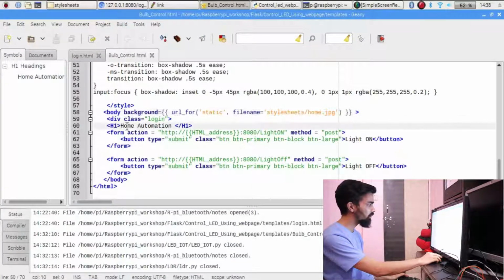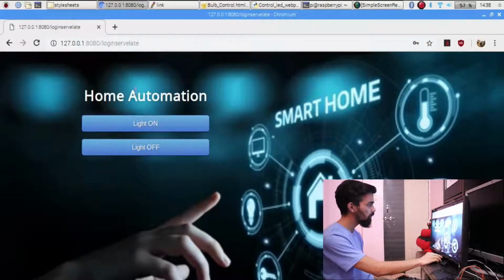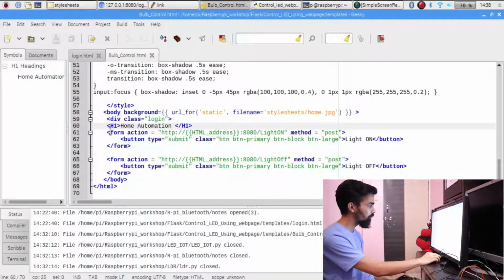Then next is division class, that is login class. Then home automation, this is the name. You can see on this web page, home automation. So you can give your own name also. The next line is form action. You can see here there are two forms. We already saw the importance of form. In the first form there is one button with a button class, and the name of that button is light on.